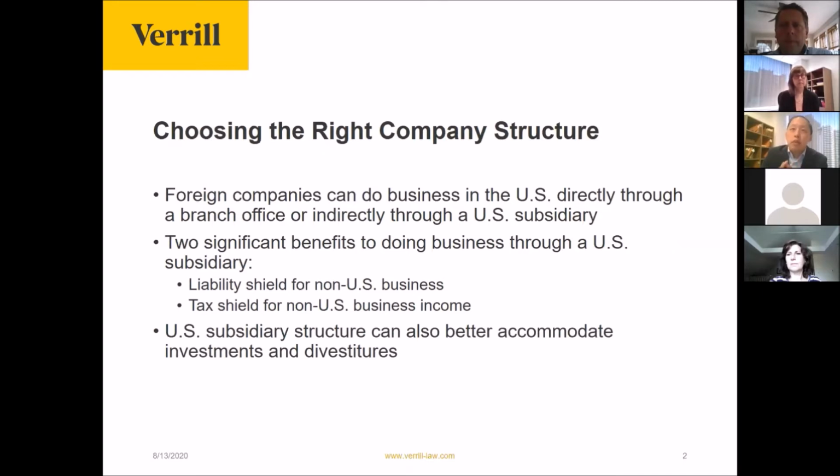Because there would be no fear, or at least less of a fear, of the investment getting commingled with the rest of the business. Also, if the foreign company wants to sell the U.S. business later, or a buyer only wants to buy the U.S. business, the subsidiary structure makes it a lot easier to do that, because basically the foreign company wouldn't have to unravel the U.S. business from the rest of the company. The U.S. subsidiary would already have its own bank accounts, it would have title to its own assets, its own contracts, etc.